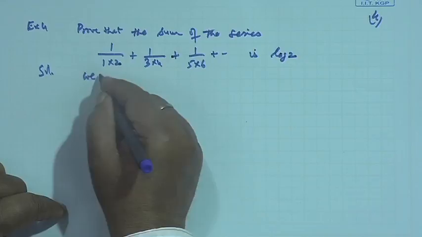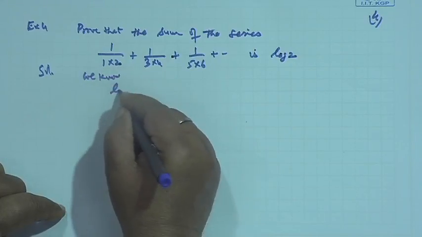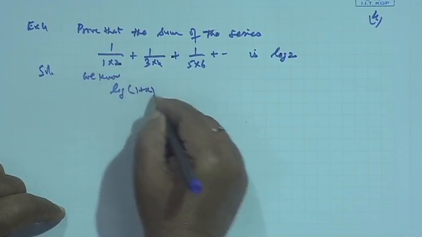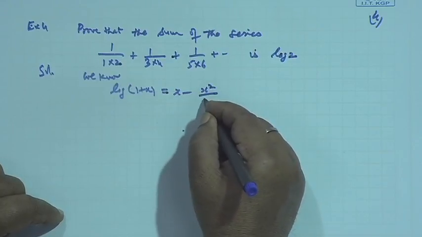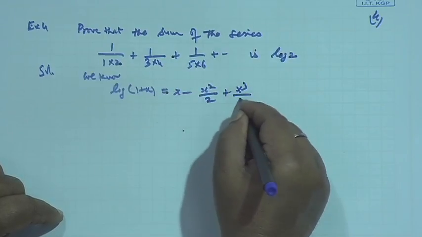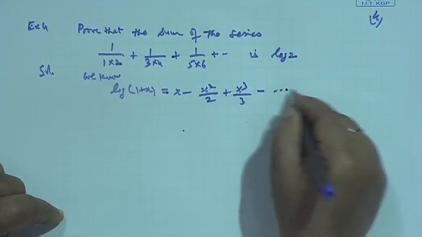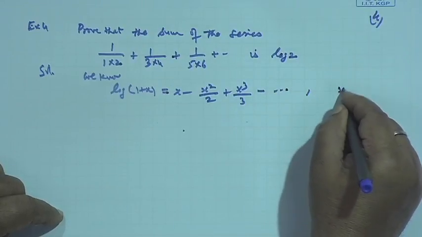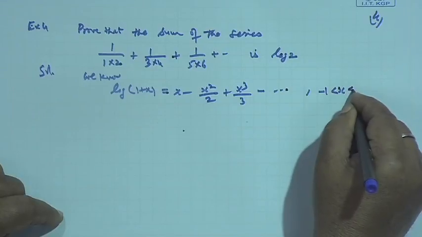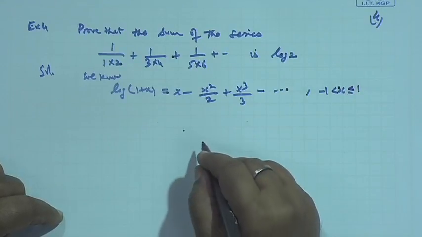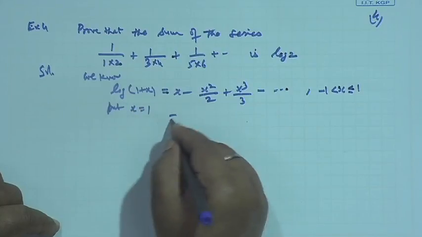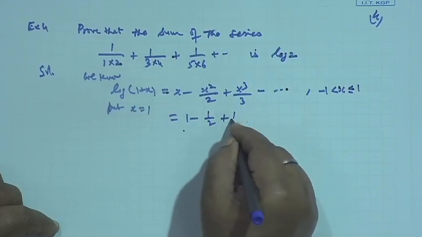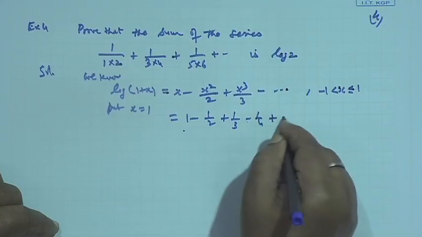We know the expansion of log(1 plus x) is x minus x square by 2 plus x cube by 3 minus x to the 4 by 4 and so on, where x lies between minus 1 and 1, including 1 on the right hand side. Now, putting x equal to 1 here, we get 1 minus half plus 1/3 minus 1/4 and so on,